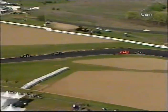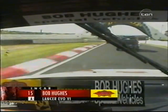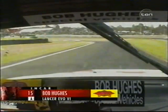Just saw a shot there of the tremendous amount of wind buffeting on the screen, and you can see the windscreen wipers just getting lifted off there, just an indication of how fast these cars are. Most of those cars down through that part of the circuit, through the kick at the end of the straight. Here we go. Take the penalty we just talked about,